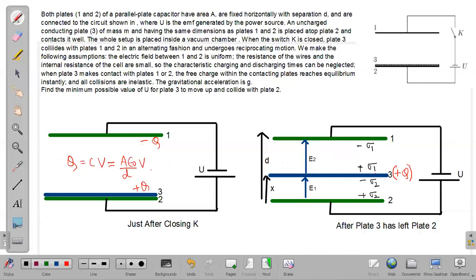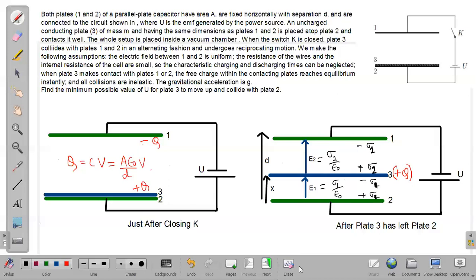So I can write down the electric field E2 in terms of densities. Let us change the symbols. I write it sigma 2, and sigma 1 I will write at the bottom side. So now sigma 2 is the density of charge between plate 1 and 3, and sigma 1 is the density of charge between the plate 2 and plate 3. So therefore E2 can be written as sigma 2 divided by epsilon 0, and E1 can be written as sigma 1 divided by epsilon 0.